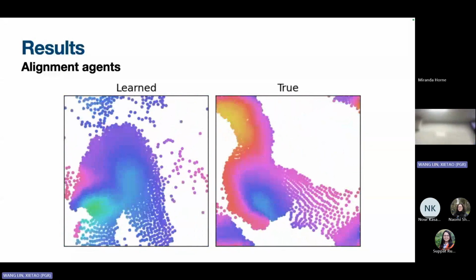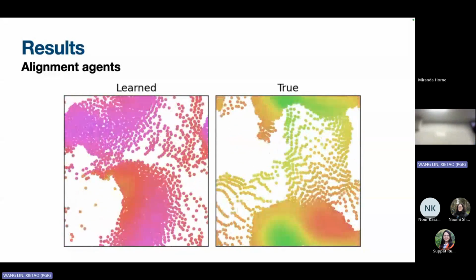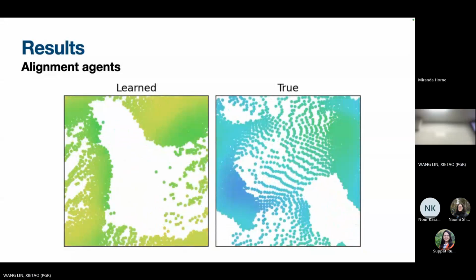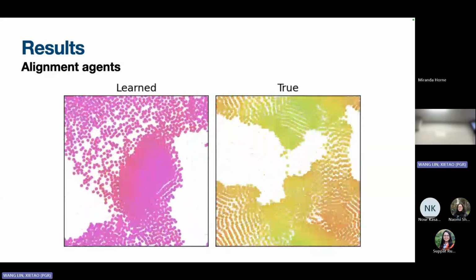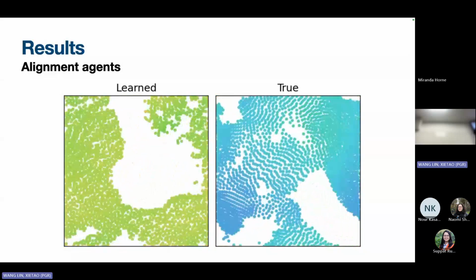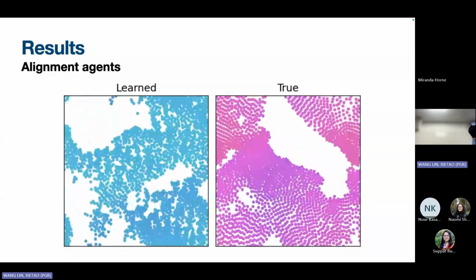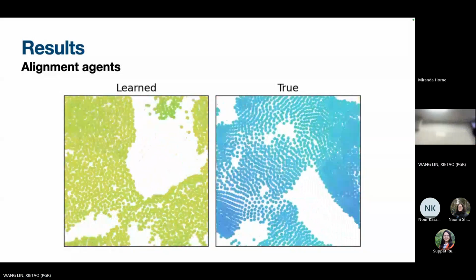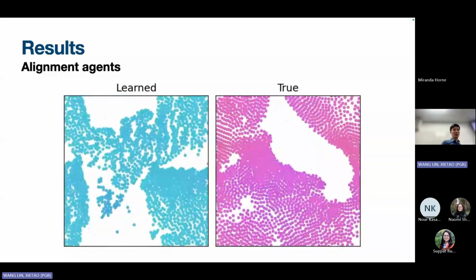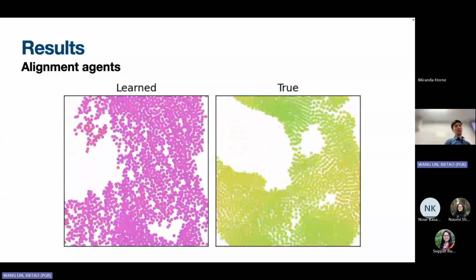We'll see that again qualitatively it looks similar, but what we're going to try to measure here is the time that it takes to synchronize. From this snapshot, it looks like the synchronization is similar,